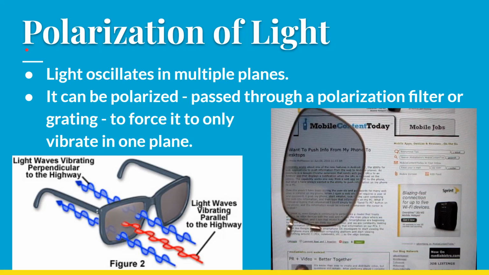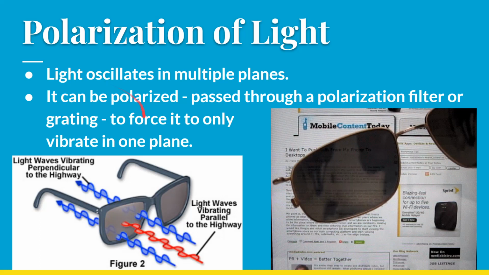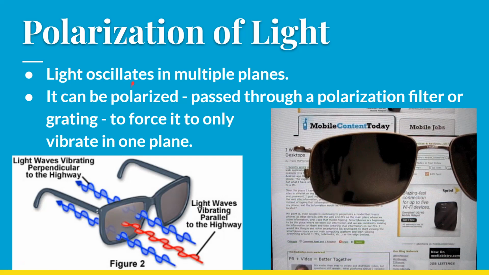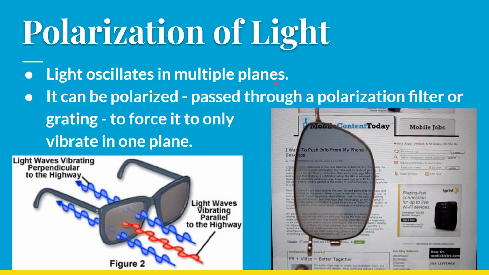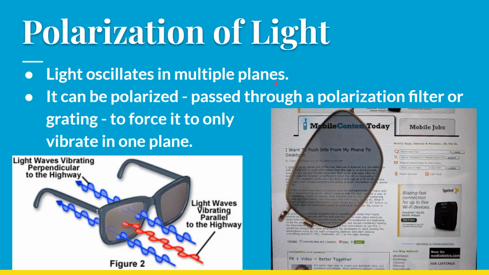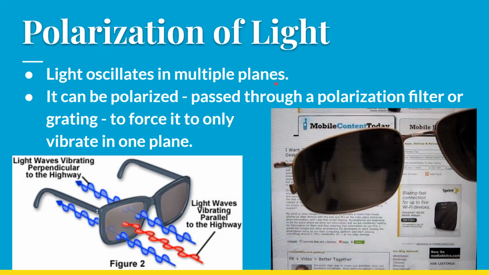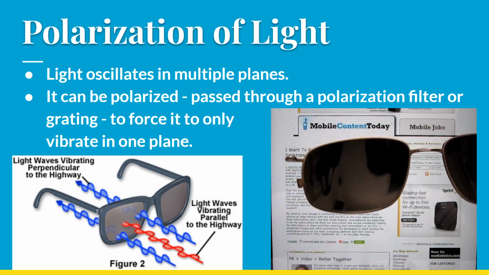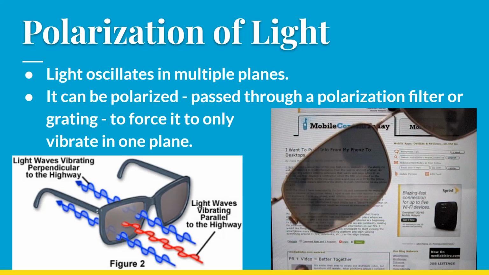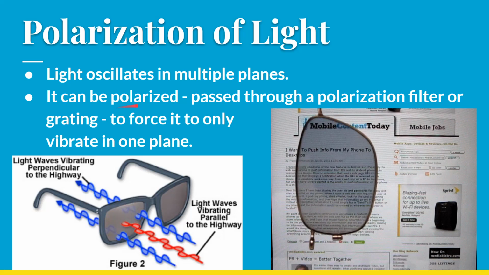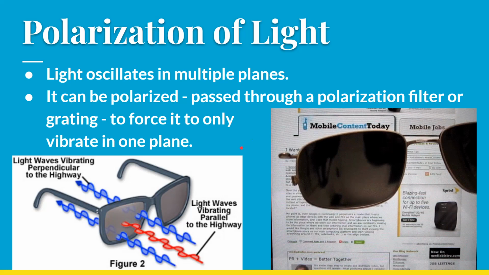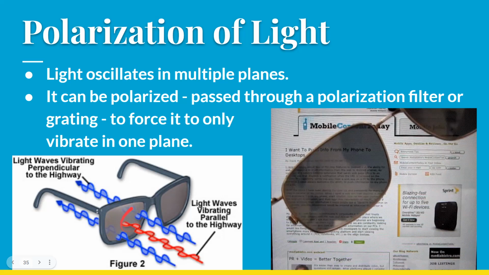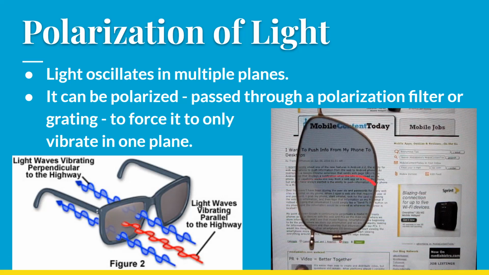It's called polarization. So we've talked about this before because I showed you an animation of those electromagnetic waves, but light oscillates in multiple planes. It's these oscillations of electric and magnetic fields, but it's not just up and down or just left and right, it's both, and even some at diagonals too. This light can be polarized by passing it through a polarization filter or grating that forces it to vibrate in only one plane. So if you have polarized lenses on your glasses,